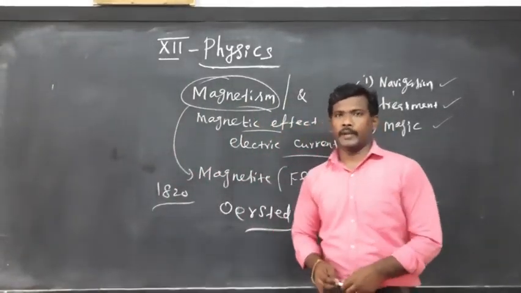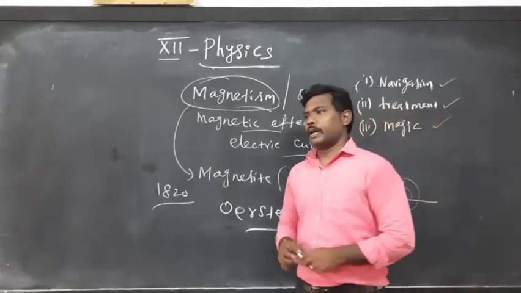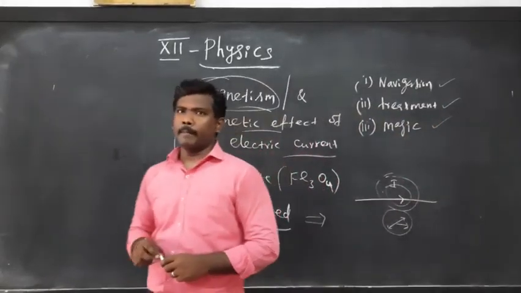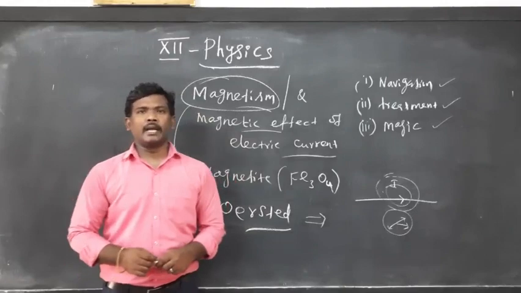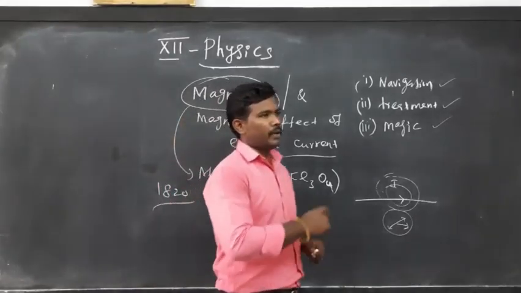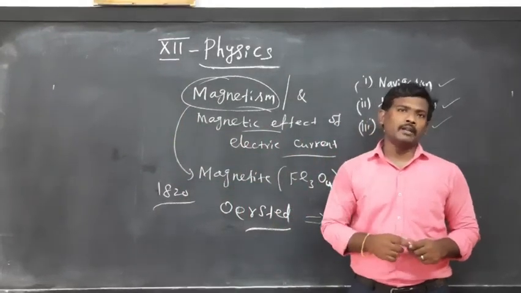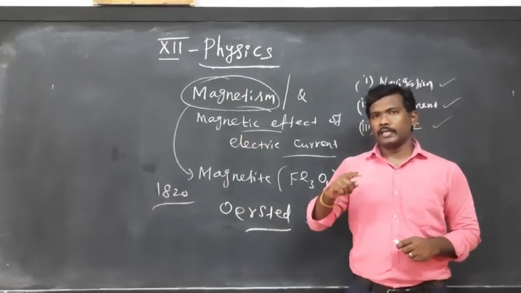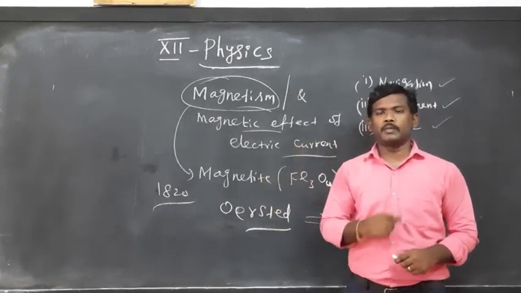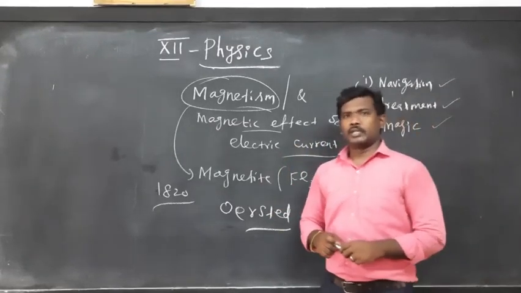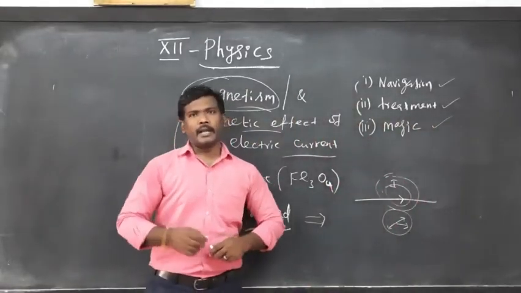Earth's magnetic field. We know very well, and you already studied in your lower standard, that we consider the Earth to be a magnet. It has two poles, North Pole and South Pole, and the Earth's magnetic field lines start at the North Pole and terminate at the South Pole. So the magnetic lines from the Earth originate from the North Pole and terminate at the South Pole. Now we are going to see the Earth's magnetic field in the diagram.